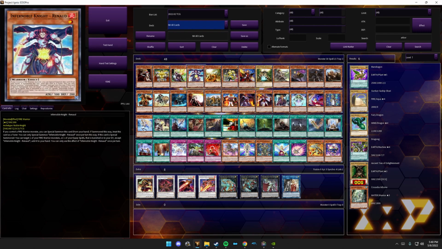Now we're going to look at the extenders. Noble Knight Renaud is the first we're going to look at. It is probably the best extender in the game for this deck, in that it summons as long as you have a Fire Warrior of any sort, giving it the broadest pool of cards to combo with,